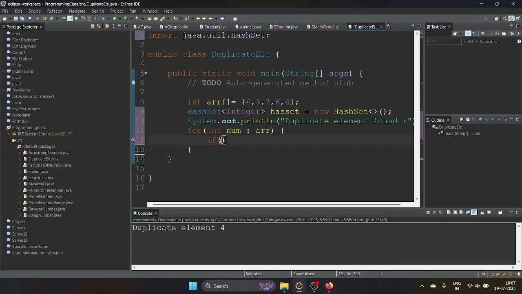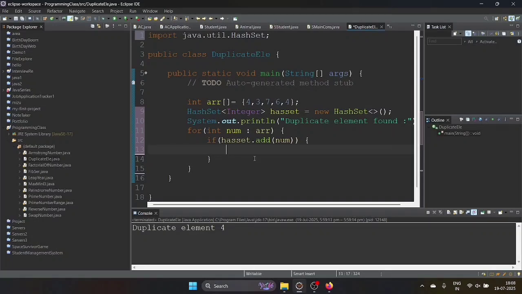We will take hashSet dot, we are having one method, add, through which we can add the element. We will give which one to add. Here we are taking a number, so we are trying to add that. I'm going to tell you once again. We have taken a hash set reference, so dot add, and here you mention which number you want to add.